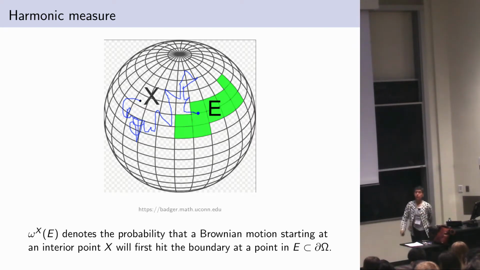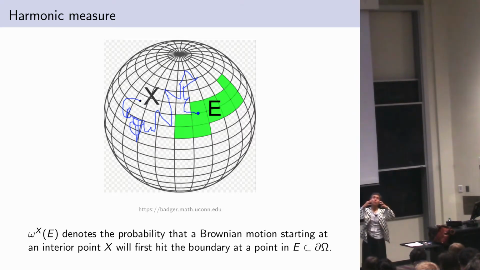So in this case, the boundary of the sphere wouldn't be 0? No, the boundary is the boundary of the ball. My domain is the ball, and my boundary is the sphere. Oh, okay. Like I should have said, when I look at things, as much as possible, I look